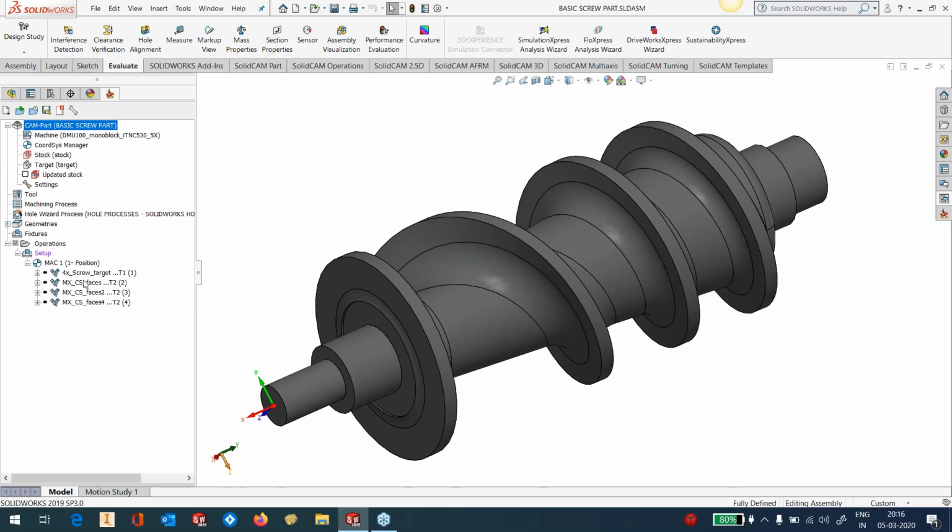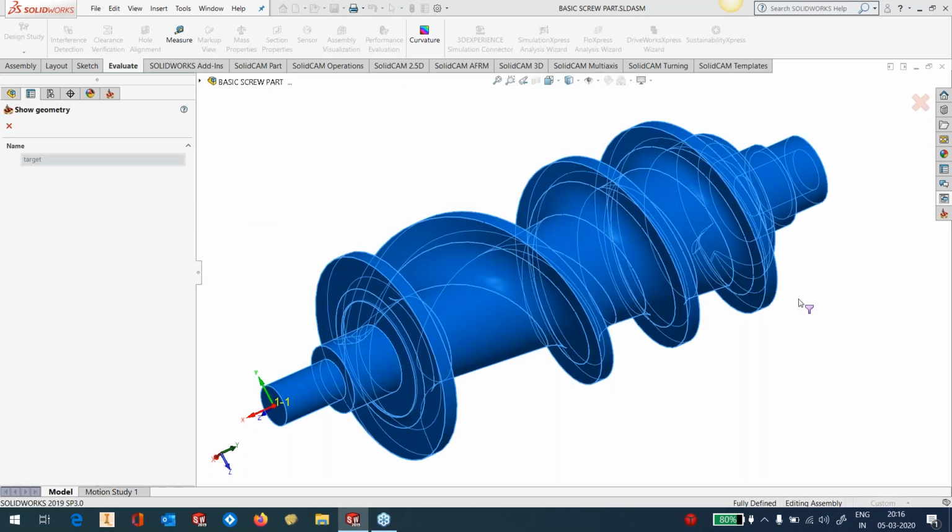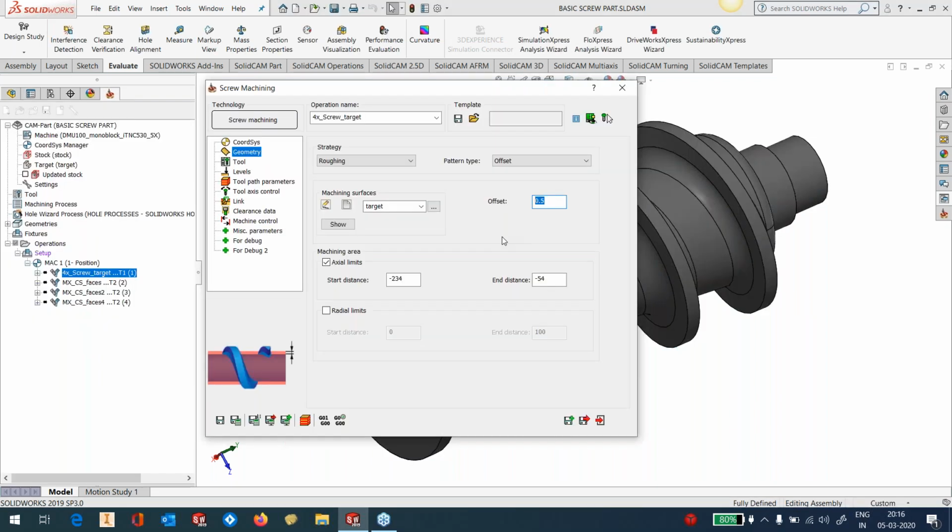So what do we need in this? First of all, we need the geometry, the target. No need to select surfaces and other things. Just say this is my target to be machined. And then the offset that you need to keep. And